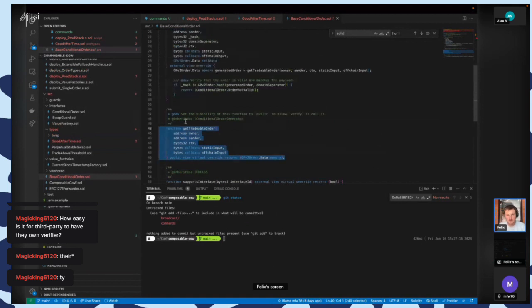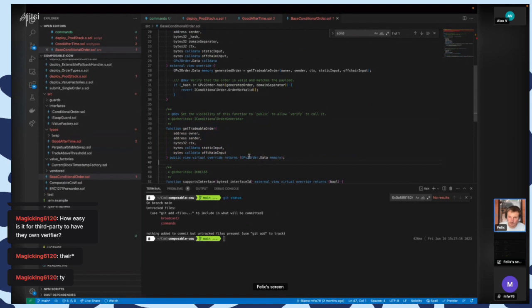The idea is that getTradeableOrder should revert or not return anything as long as a contract doesn't want to trade. But as soon as your condition is matched, whatever you want to check that makes your trade valid, so in the case of good after time, a certain timestamp is reached,